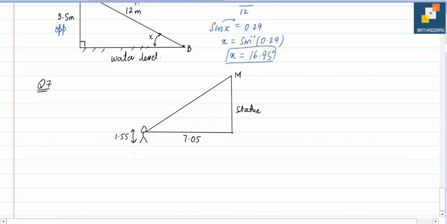Given that the angle of elevation of the top of the statue from her eyes is 42 degrees, that means this angle is 42 degrees. Find the height of the statue, that means this is your x. Now in this question it says